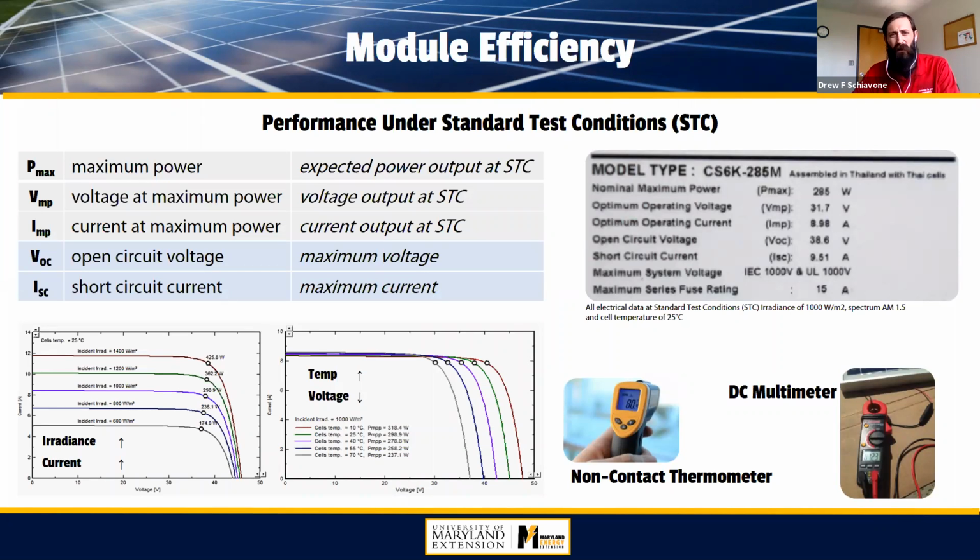So I've pulled one example. I don't know if you can make out the details from the solar panel. I took a picture of this. It's a panel, the back sheet, spec sheet for a panel. It's got a number of factors listed on it. I've retyped those on the left-hand side, but the numbers that you get off of that would be the maximum